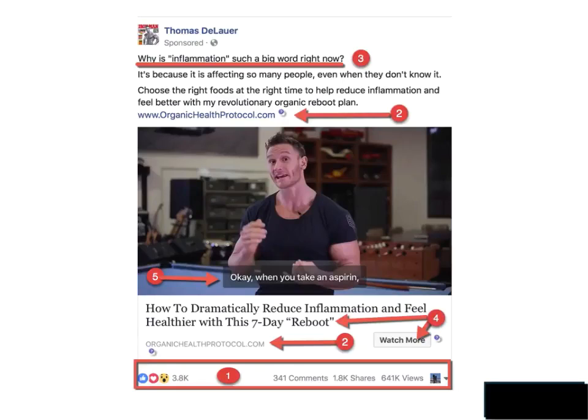You notice how they put the reboot in parentheses. This is crucial that you do this too, because this is a subconscious, NLP with the brain. This is called a presupposition. When the brain hears a reboot, it means a kickstart. It means something new. So in the context of this particular ad, look at the ad verbiage: how to dramatically reduce. Those are empowering,